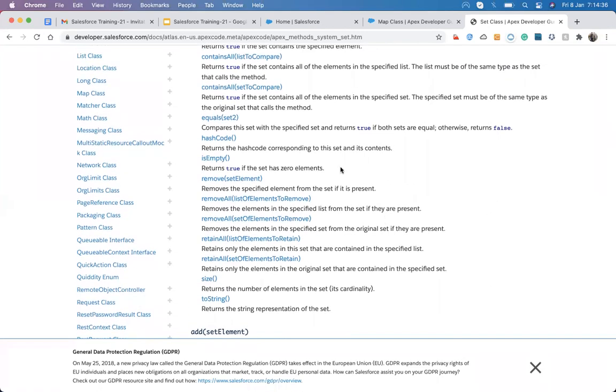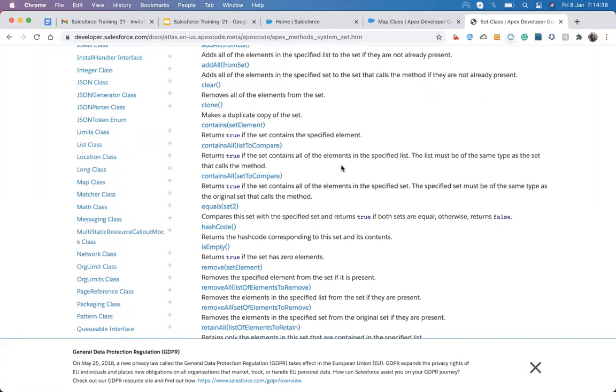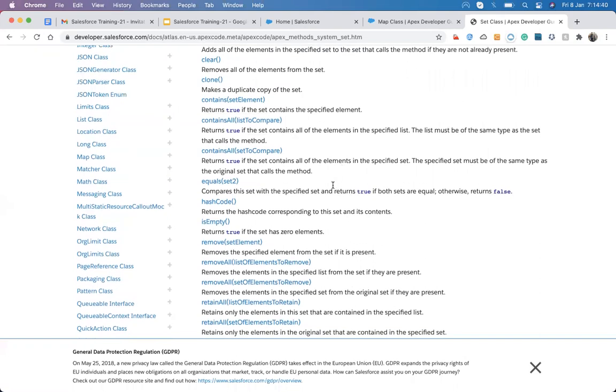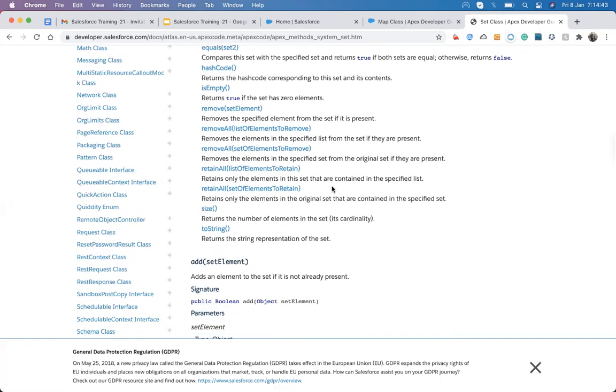You can just come up and see what methods are available, how we check the values, how we remove the values, and other things, because there are so many methods. I just discussed the common methods that come up in a general way.